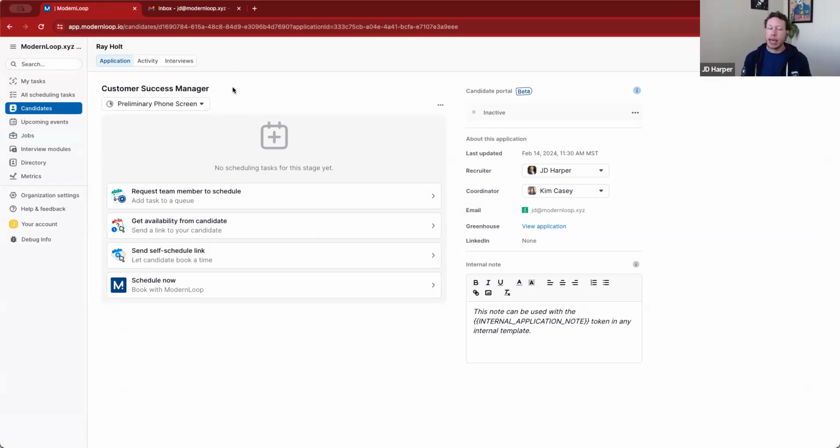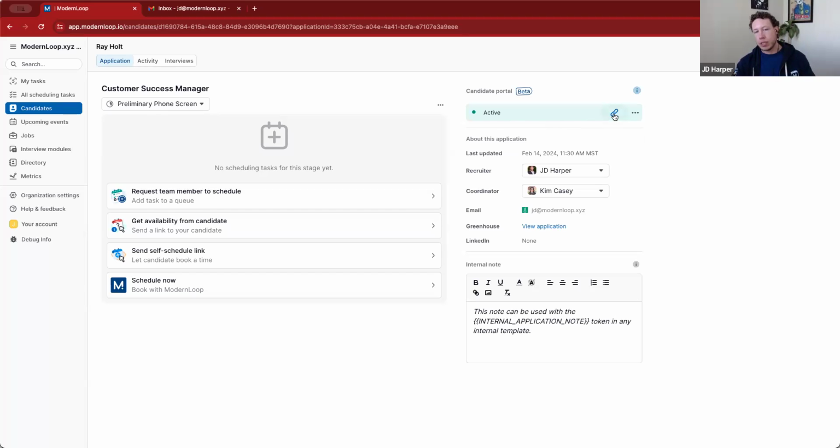How do we get this to a candidate? We can end up sending this to a candidate in a couple different ways. In the top right here, you'll notice we have our candidate portal beta, which is currently inactive. You'll maybe be asking, how do we activate this? That's going to happen a couple different ways. The first way, without doing anything with the candidate, you have the option to come here, simply say enable candidate portal. You'll notice right now, it went from inactive to active,